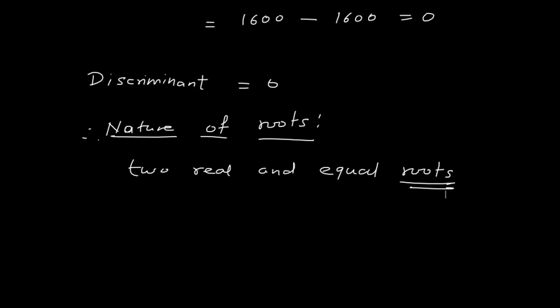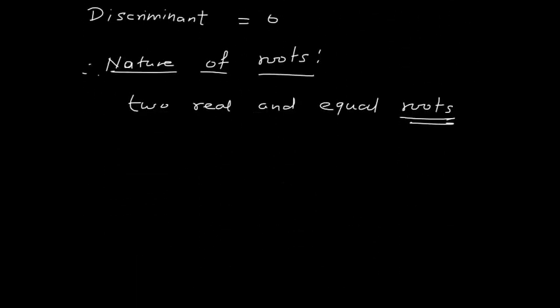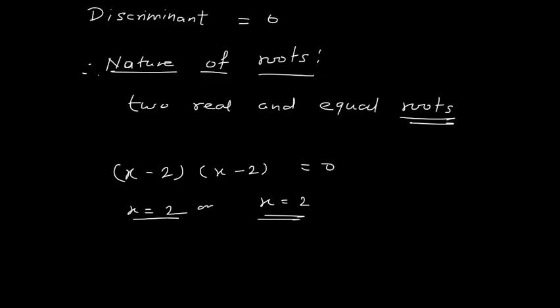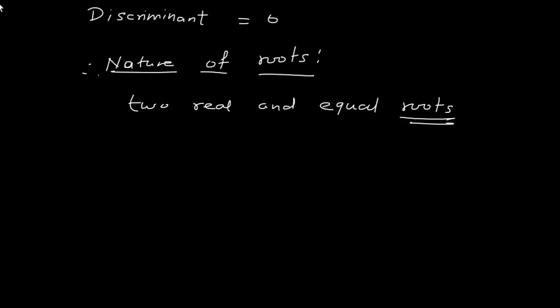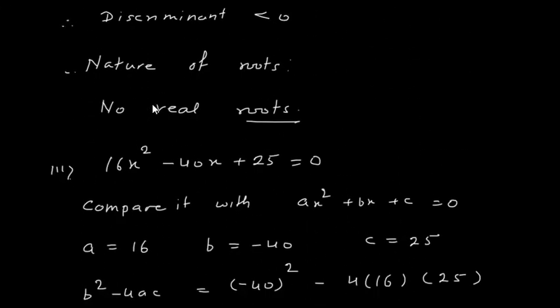but why we say that two real and equal roots, because it is something like x minus 2 into x minus 2. If you have x minus 2 into x minus 2 equal to 0, so you get two answers, one is x is 2 and other is also x is 2. So therefore you are saying that two real and equal roots. Okay, so basically root is x is equal to 2 only, but we write like this, two real and equal root. This is just an example I have given. Now there is one more question, fourth problem.